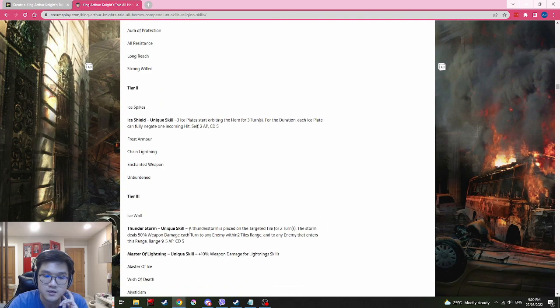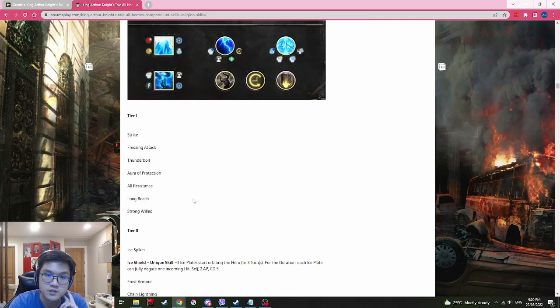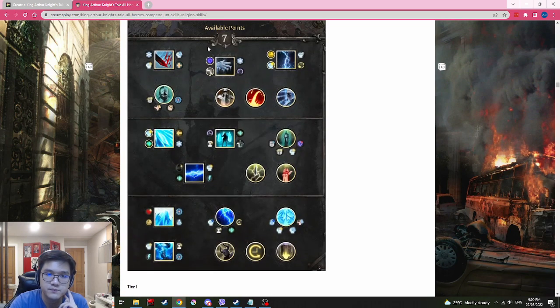Ice Spikes. Oh no, Ice Spikes isn't too useful since it's a melee skill. So she has a bunch of melee skills in addition to range skills. So Freezing Touch, right, for CC. Ice Spikes for melee as well. She also has Ice Shield to kind of go into melee. And then for her range skills, she has Thunderbolt for stun, Chain Lightning for shock, and Thunderstorm as well, which